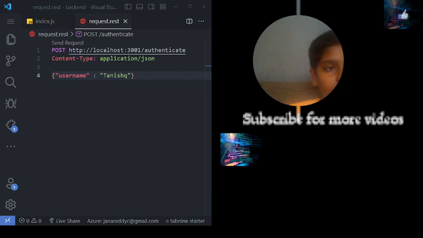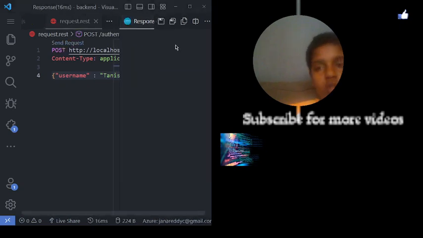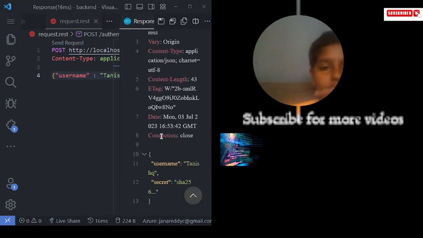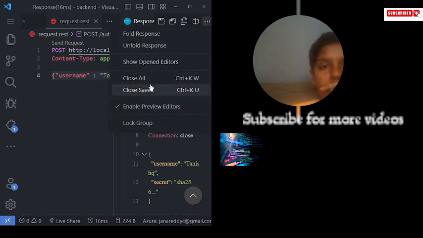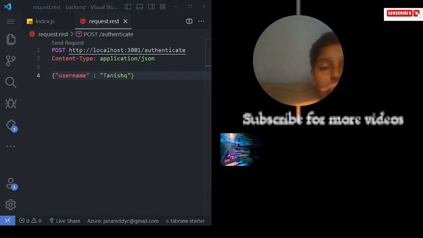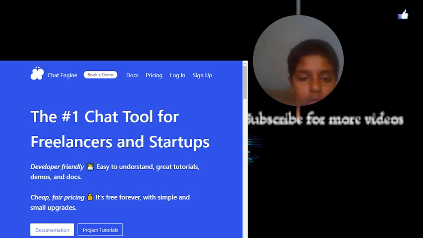So guys, now we're going to be implementing chatengine.io. Before that, I'm going to send a request, so make sure you have that installed. It said my username Tanish and the secret. So I can just close this and then I can open it. So guys, you can see the chat application, the number 1 chat tool